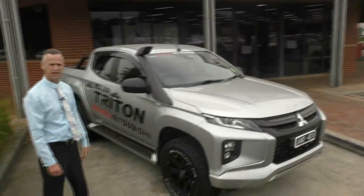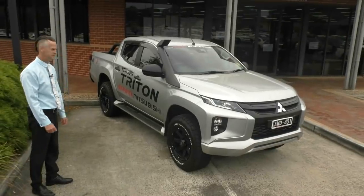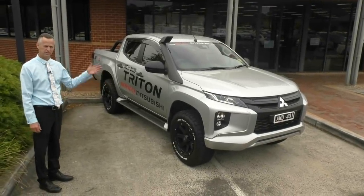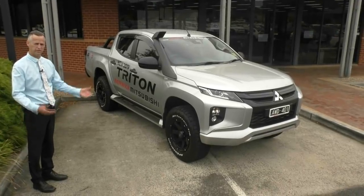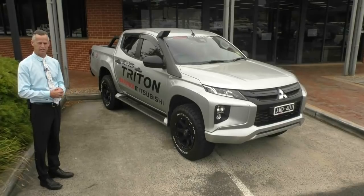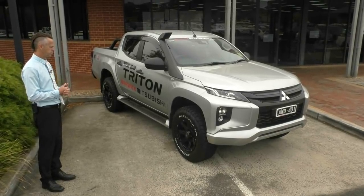So once again, that's our 2019 Triton. It's our very first one we've got. I've driven it. The suspension is really nice. It's very different to the old one. The way it delivers the power, although the stats are the same on kilowatts and torque, the drive of the car